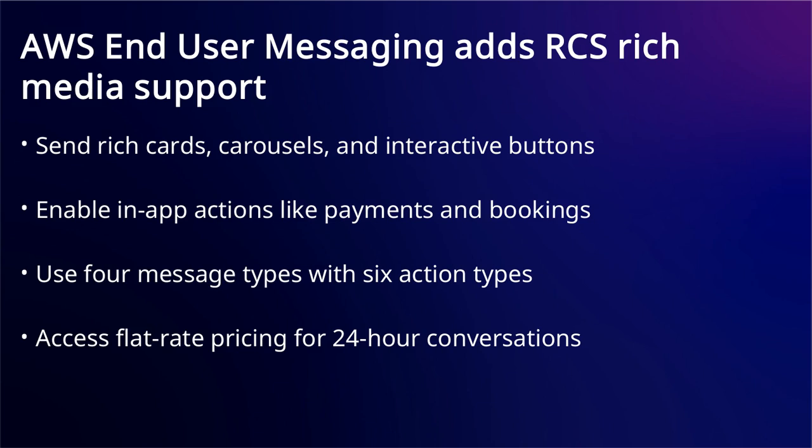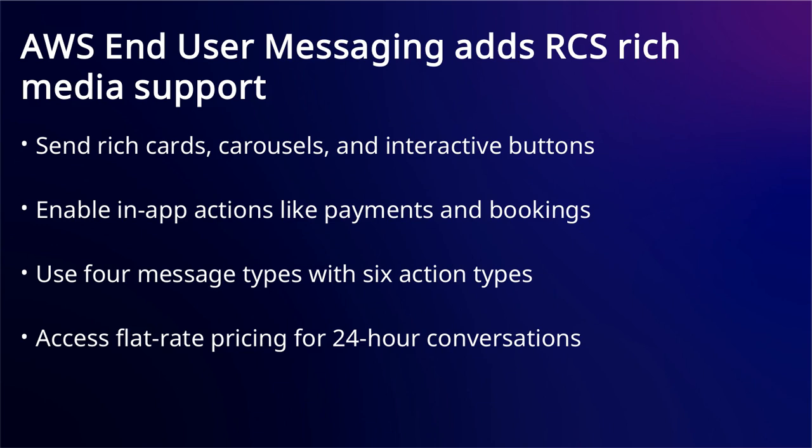Businesses need to engage users with interactive experiences directly in messaging apps without requiring app downloads or context switching. AWS End User Messaging now supports RCS-rich media and interactive messaging across 22 countries through the Send RCS Message API. You can send rich cards, carousels, images, videos, and interactive suggestion buttons that enable recipients to take action without leaving their messaging app. Recipients can confirm appointments, browse catalogs, complete payments and web views, share locations, or interact with AI